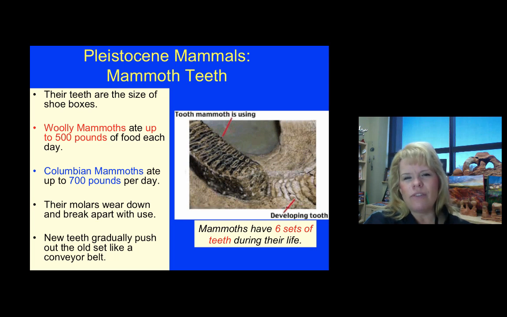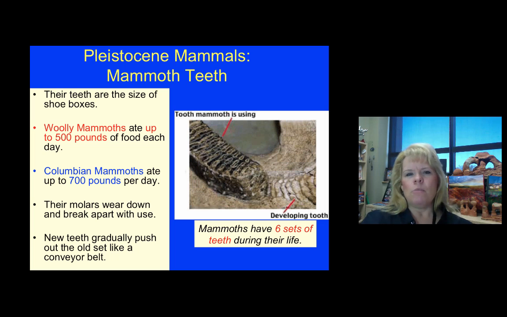And that'll be interesting when you look at it, because you'll be like, wow, because the first set of teeth are really tiny. Now, you have to think about a woolly mammoth eating 500 pounds up to that per day. Let's say 300 to 500 pounds of food a day. Columbian mammoths had about 500 to 700 pounds of food a day. It's astounding to me that the woolly mammoths could be sustained, as many of them as there were up north, with the conditions that they had. Not surprising that Columbian mammoths just did awesome down here, because we had tons and tons of grass for them to eat.